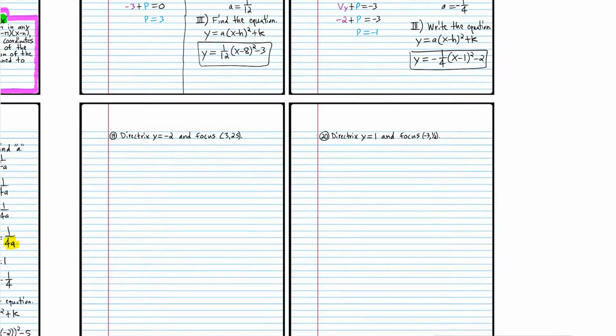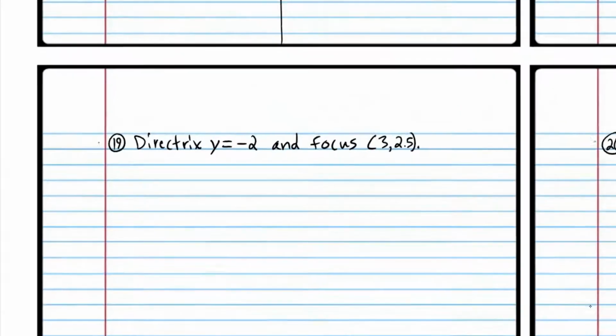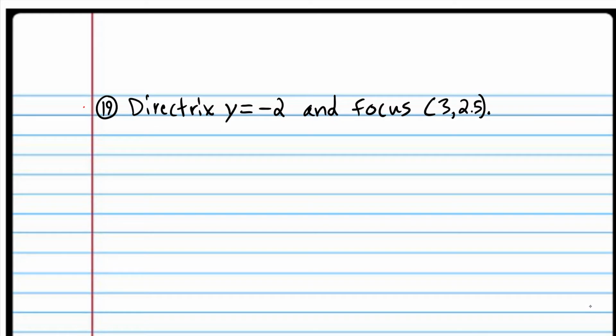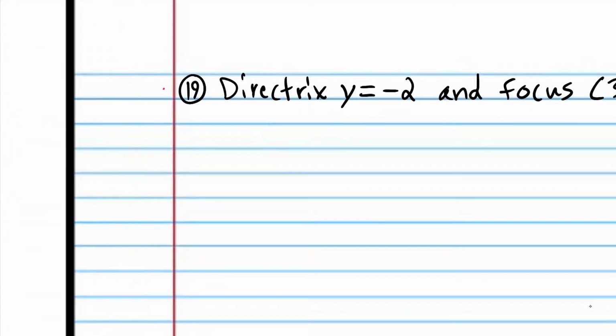Now we just have 2 more problems, it looks like. Now this is the first problem where we're not given a point on the parabola. We're given the directrix and the focus. Remember, the focus is not on the parabola. Also, this is the first problem where we're not given the vertex. The first problem where we have to find an equation where we're not given the vertex. So we have to find the vertex, and we also have to find p so that we can use it to find a. So step number 1, we're going to find p,